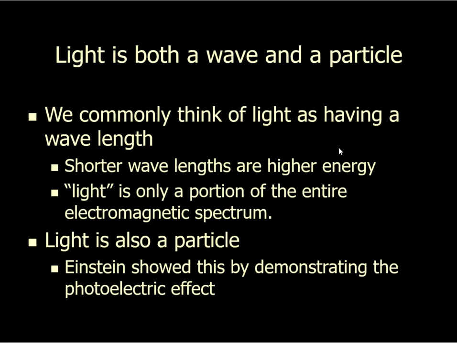Here's the fun part, though. Light's also a particle. Light's also a thing like a rock or something like that, right? A discrete thing that can move or does move from one place to another. And Albert Einstein figured this out in the 1920s. He figured out that light is a particle, and he did it using something called the photoelectric effect. The photoelectric effect was something that physicists knew about at the time, but didn't really understand. And so let's take a look at how it works.